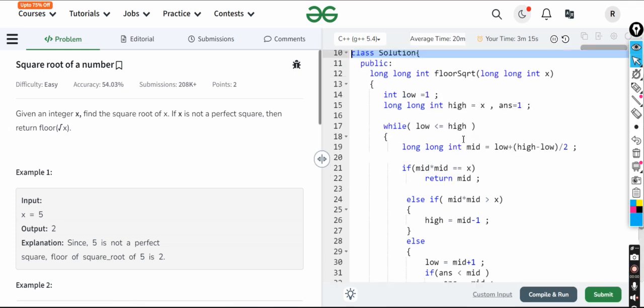Okay, so starting from the top, what have we done? First, we have assigned high and low. Why long? Because long is a safer type. Sometimes when a calculation goes above the integer limit, it can give you an error. When we are calculating the mid, it has an addition, and what happens if my high value is int max and the addition extends beyond the integer maximum? It will give you an error. So basically you can write long int instead.